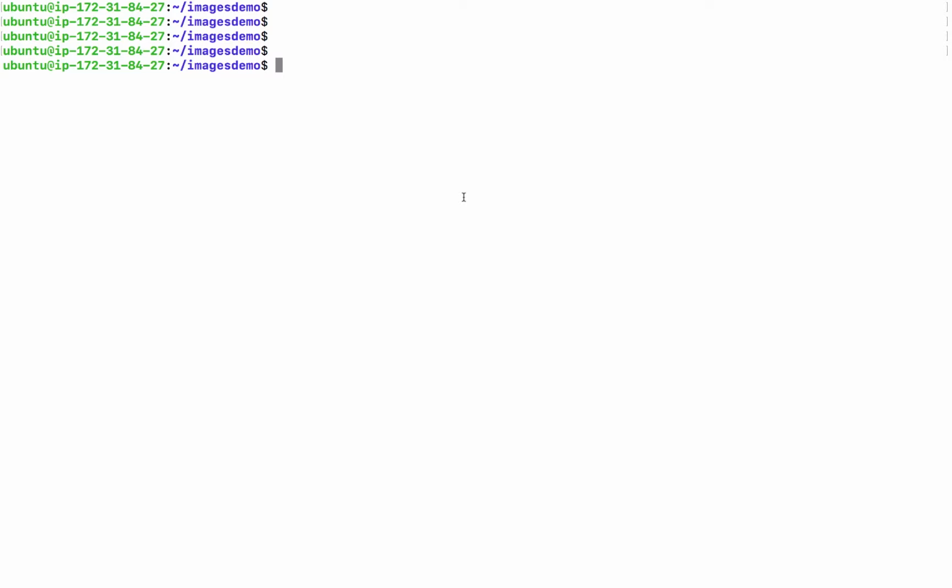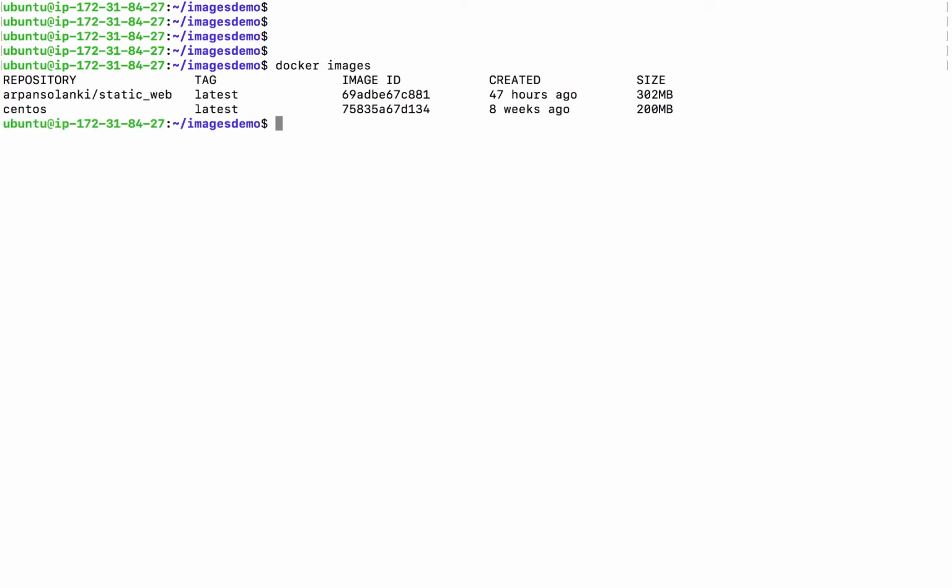So in this video, we are going to look at the inspect image command and report specific attributes using filter and format. So let's see which images are running on this machine. Docker images. So now I'm going to inspect this image CentOS. So I'm going to see Docker image inspect